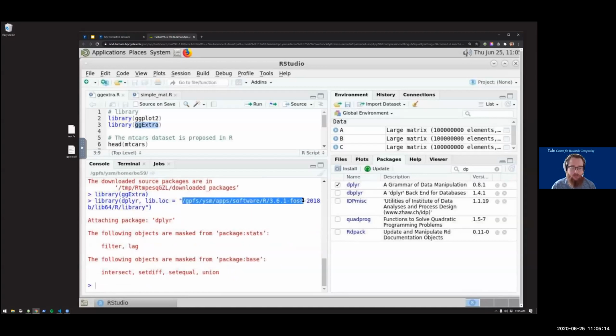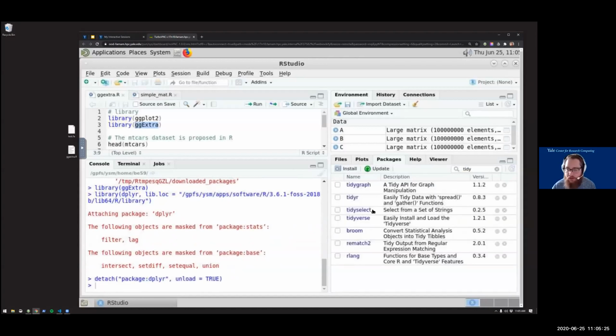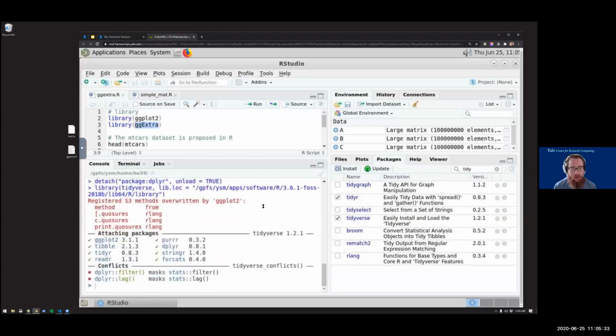So you'll see this is sort of the long path to where the packages for this version of R are located. I don't know, do we have all of the tidyverse? Yeah, okay. So we have not the newest, but a fairly recent version of the tidyverse available. So you could load the entire tidyverse as well if you had some tibbles to work on. But again, if you want the brand newest version, you'll have to install it into your local library, and that should happen by default. But if you have issues, you should just reach out.